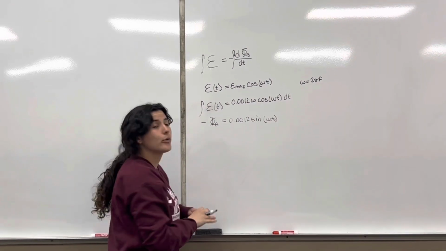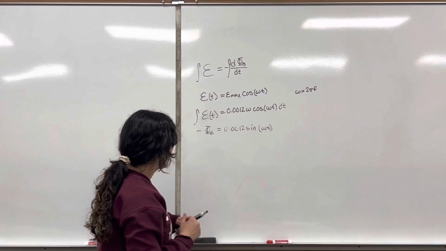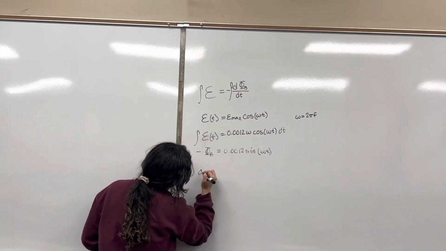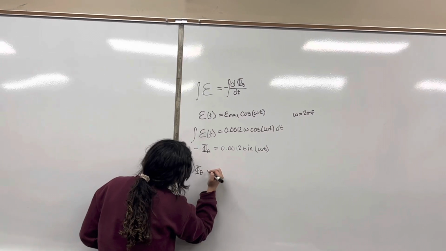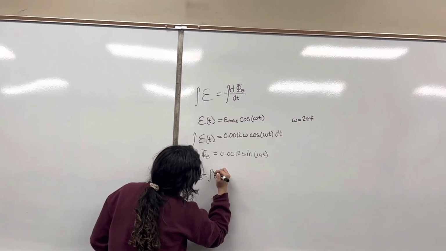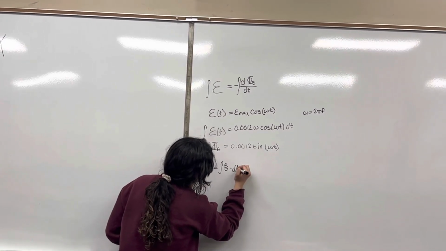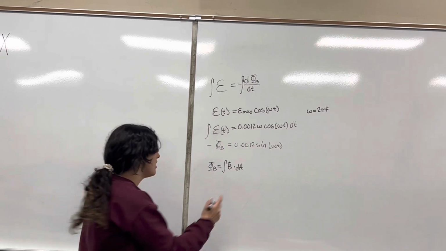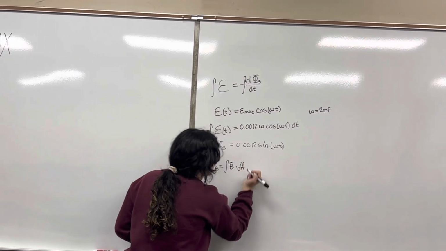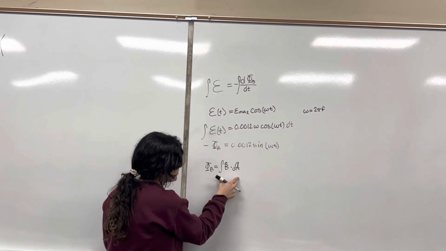Now, in order to get the magnetic field from our magnetic flux, we are going to relate them using the equation magnetic flux is equal to the integral of B, being our magnetic field, dot dA, with A being the area of the ring, and we get that by measuring the radius and then using pi r squared. Once we get that, we can simplify this